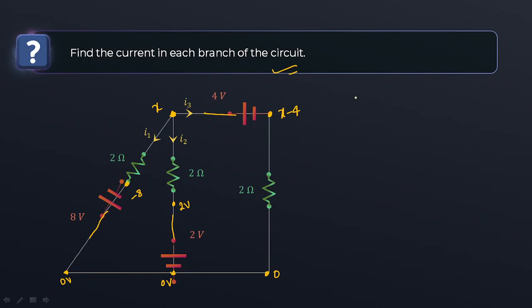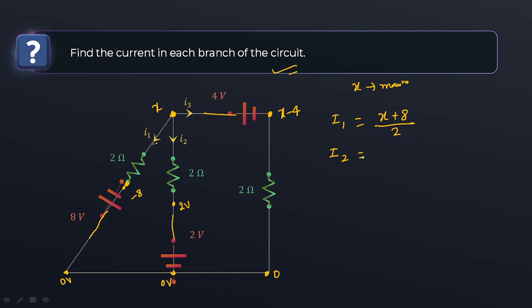Now, our assumption is that the point which had unknown potential, we consider that potential X is maximum out of these. So we can say currents I1, I2, I3 all will flow from X towards the different branches. Yes or no? So if I want to write I1, the potential drop across this resistor is how much? X and here it is -8. So we can write it as X minus of -8, so X plus 8 divided by 2, right?